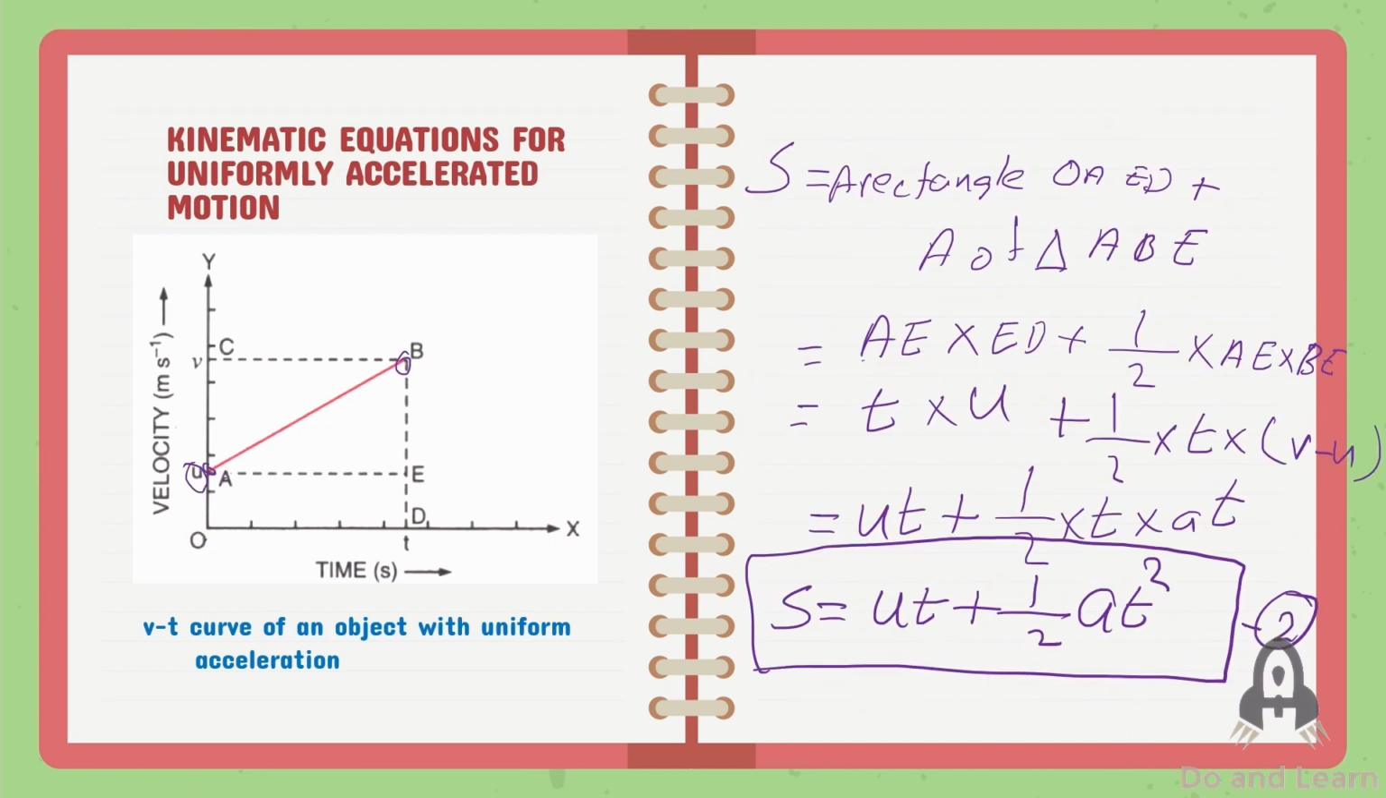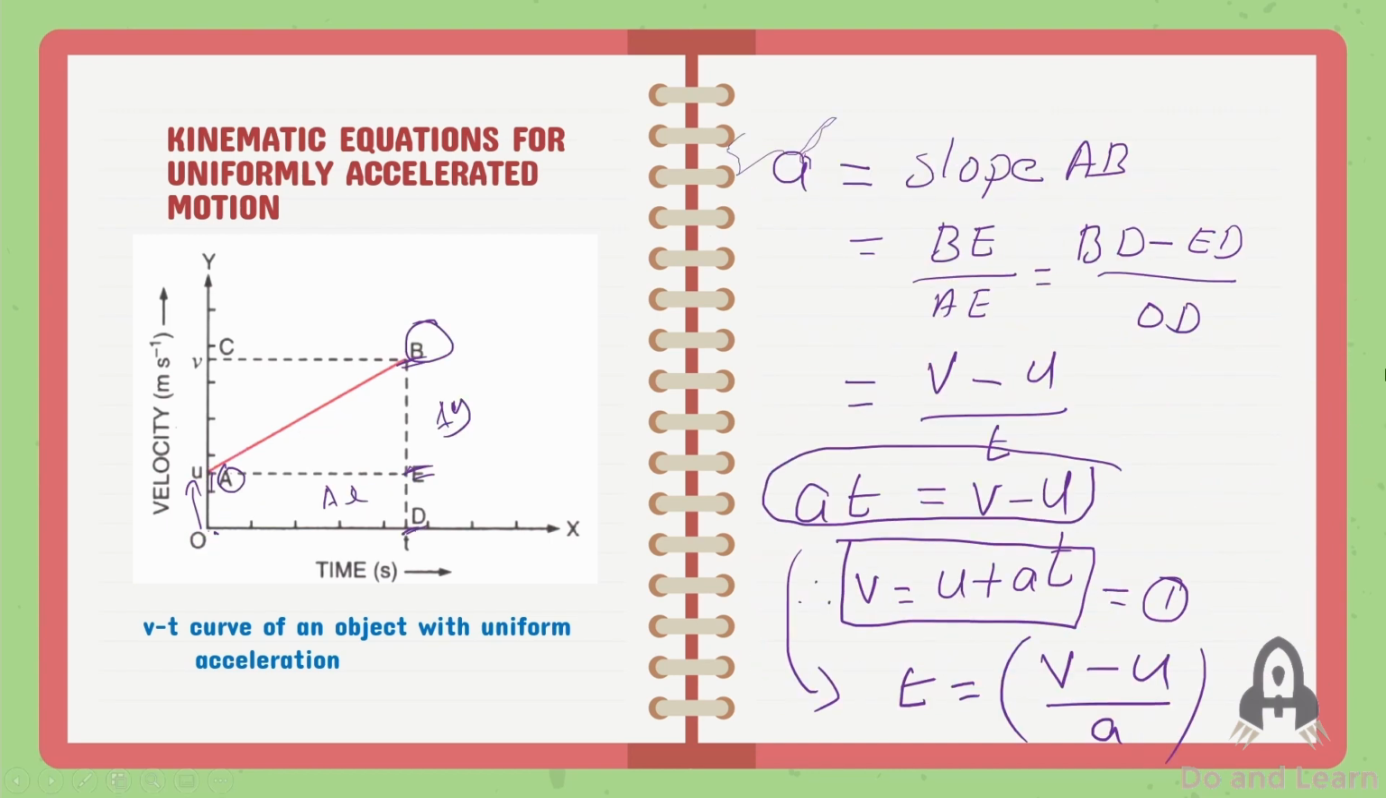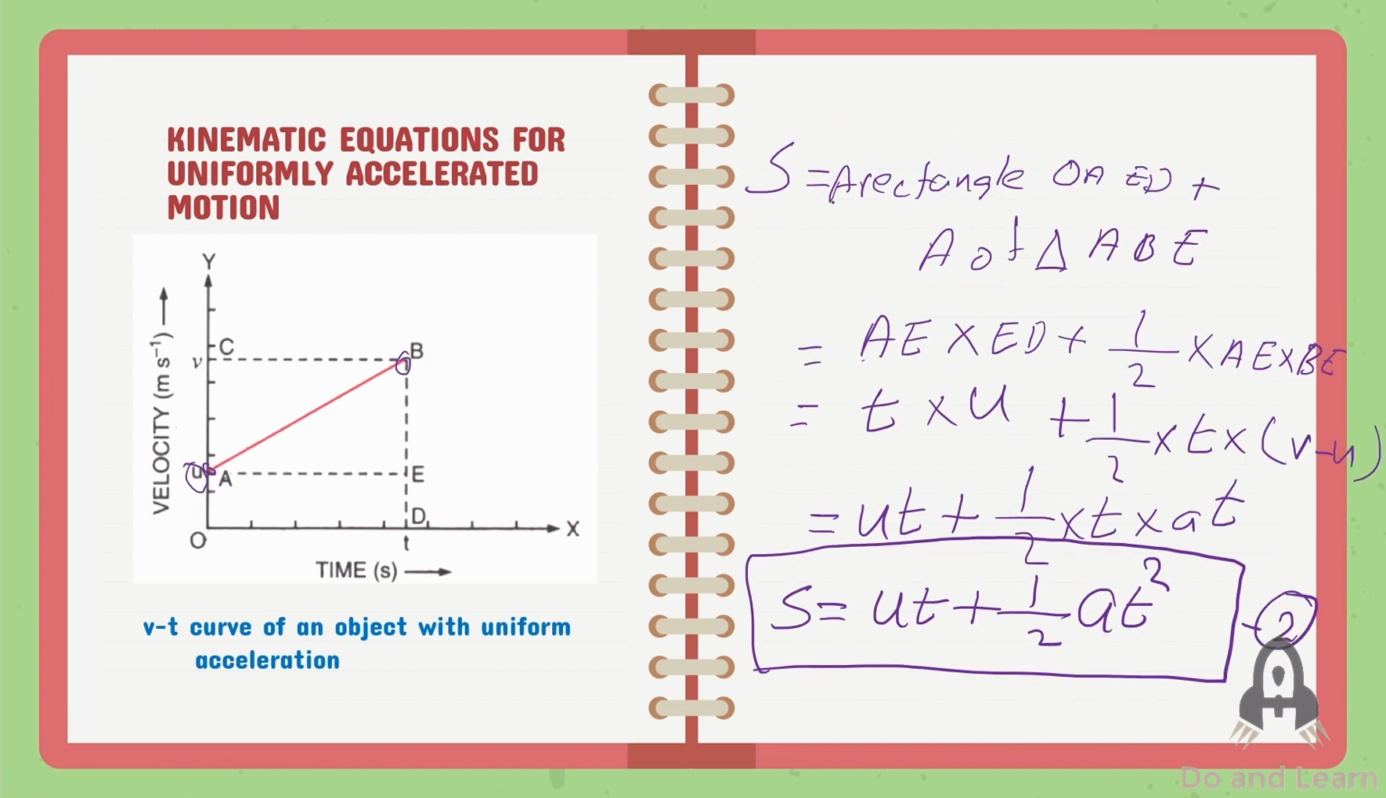Okay, I'll explain once again briefly. First we will find the acceleration. Acceleration is equal to the slope of the curve AB. So acceleration we have BD minus ED divided by OD, V minus U divided by T. Therefore we will get the first equation, V is equal to U plus AT. And second we will find the area under the curve AB, that is equal to,